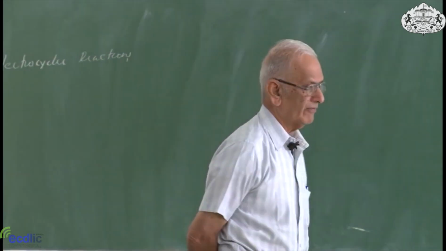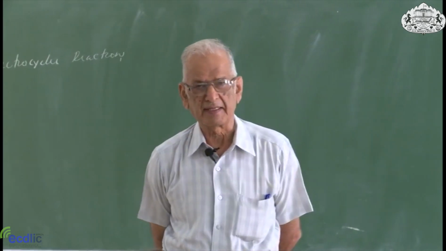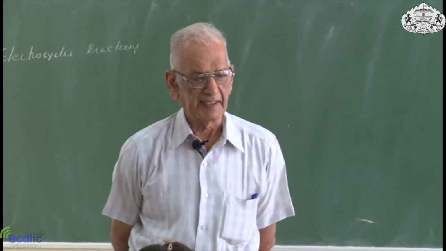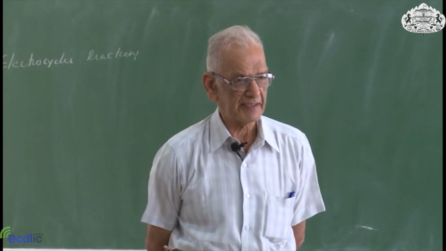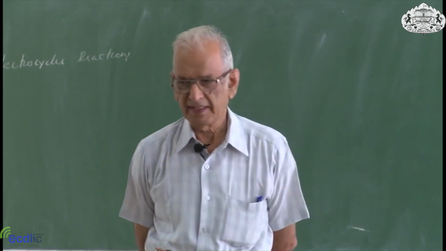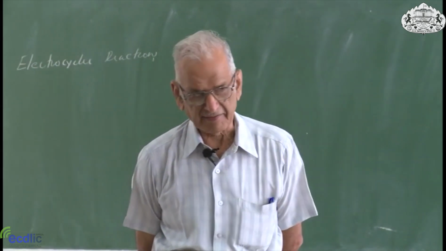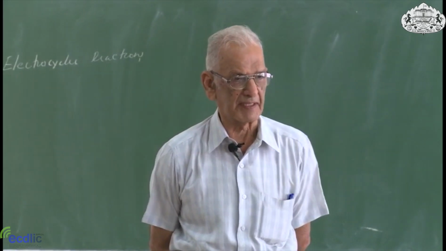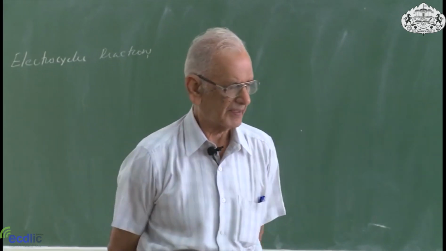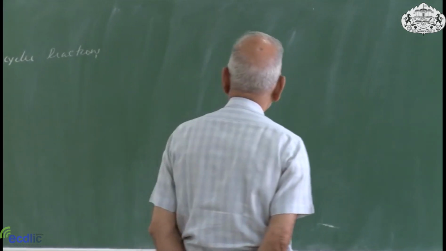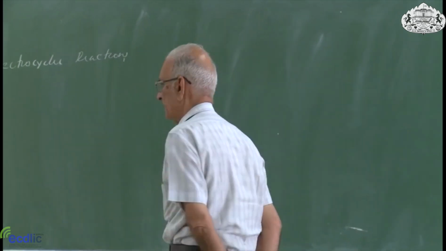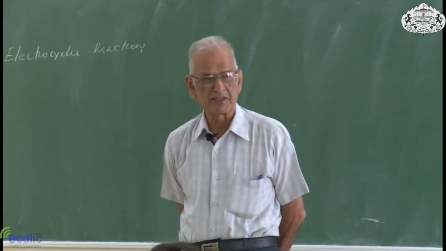Then we had looked at the features of a pericyclic reaction. And the number one important feature is it must involve a cyclic transition state, and the reaction should take place in a concerted manner. Okay. Then we had discussed the question of